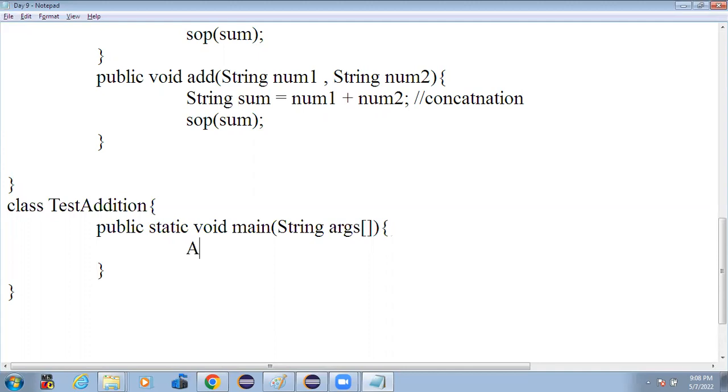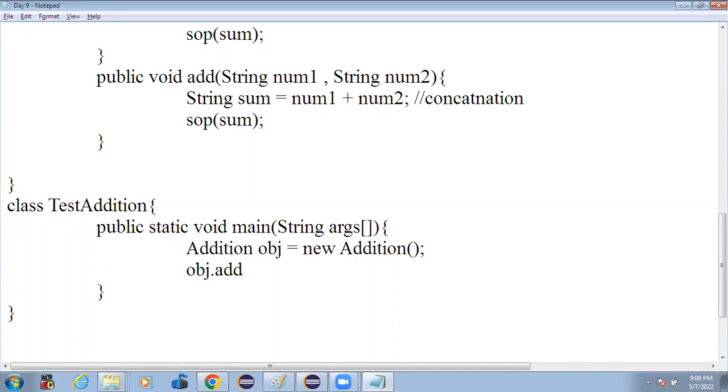So I create Addition obj equals new Addition. As we created the object of the Addition class, now I want to write obj